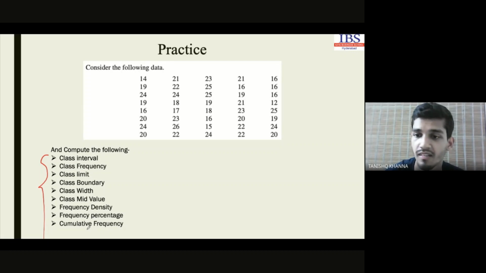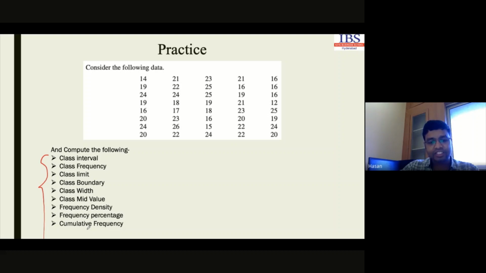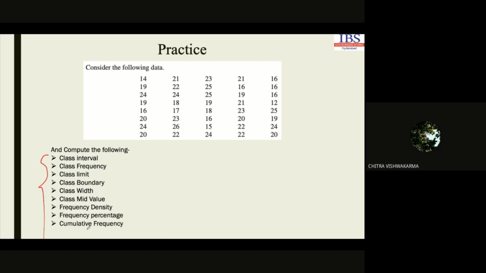Up to this, we have discussed the data representation in table, whether it is normal data or group data. In case of normal data, we have very simple steps: just count the frequency for each occurrence and put it in the table. But in case of group data, we have to decide the class first, then class interval, class frequency, class limit, everything. So we can do this, right?